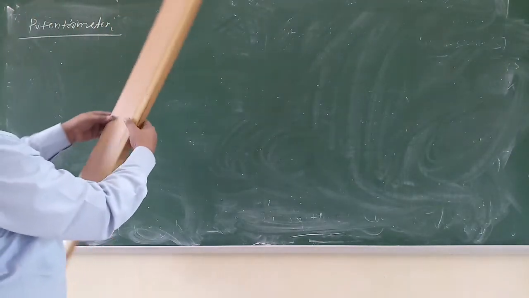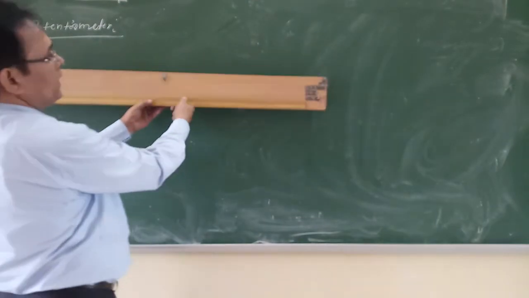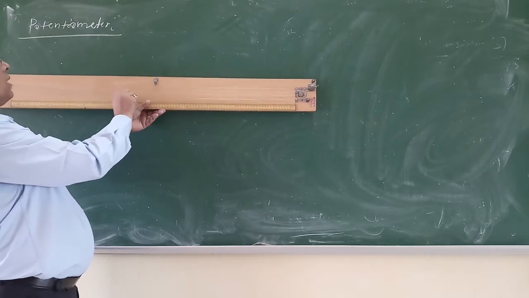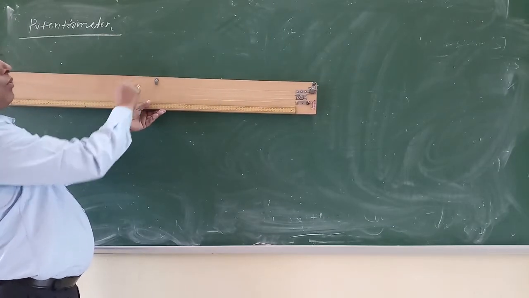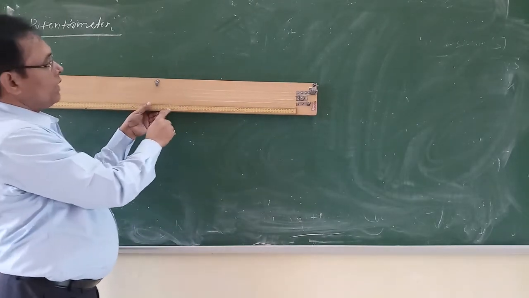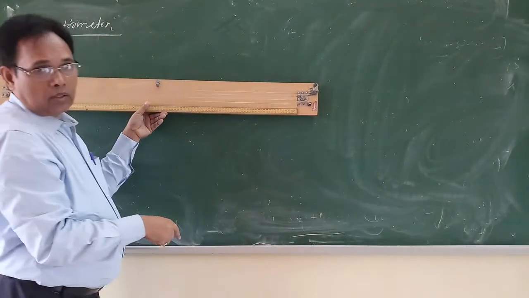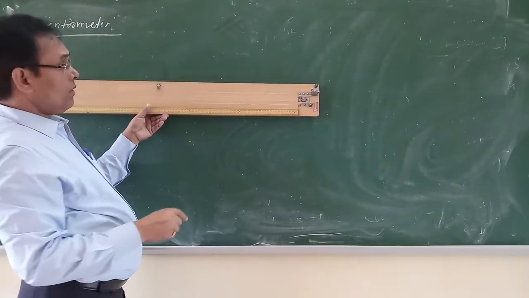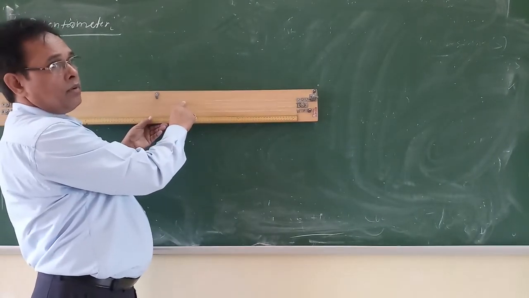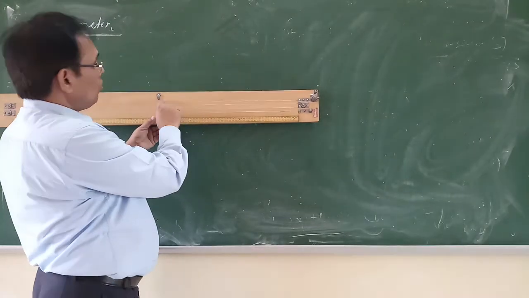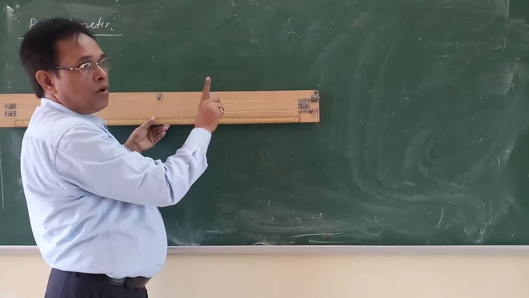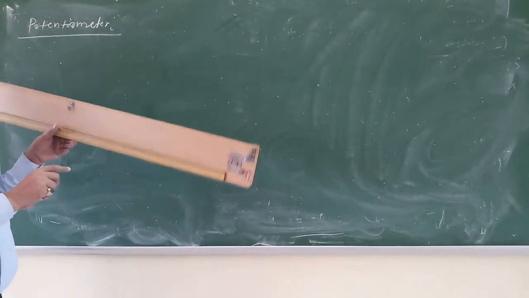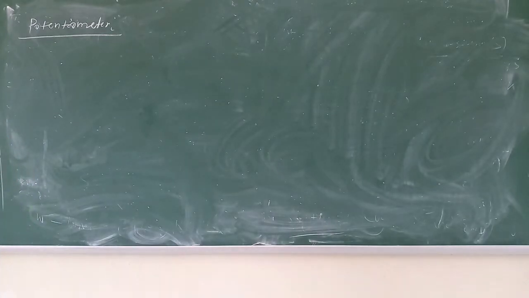This is a potentiometer. In a potentiometer there are many segments of wire. This is one segment, this is the second segment, third segment, fourth segment, and each segment of wire is of 100 centimeter. So if you consider the total length, it becomes 400 centimeter. But when you are solving numericals or doing theoretical work, there is no need to draw the four wires. With the help of one wire only you can use this potentiometer. So let us see the principle of the potentiometer.